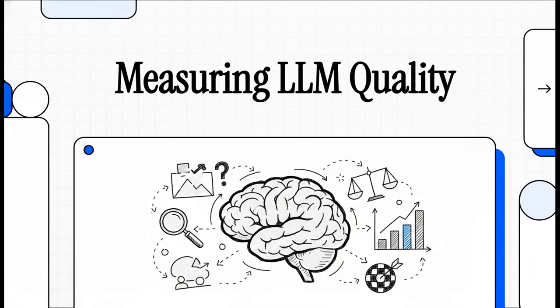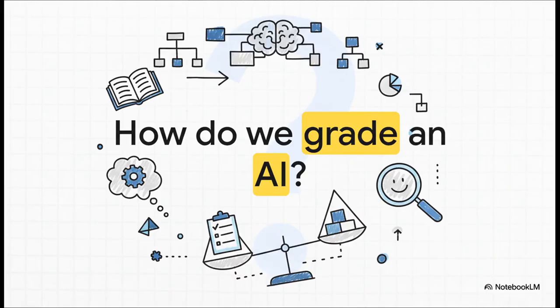We're all using generative AI pretty much every day now, but that brings up a really big question. How do we actually know if these things are any good? Today, we're going to dive deep into this super complex world of measuring the quality of large language models, or LLMs. So yeah, how do you grade an AI? It sounds like a simple question, right? But it really gets to the very heart of the challenge we're facing. And as you're about to see, the answer is, well, it's anything but simple.